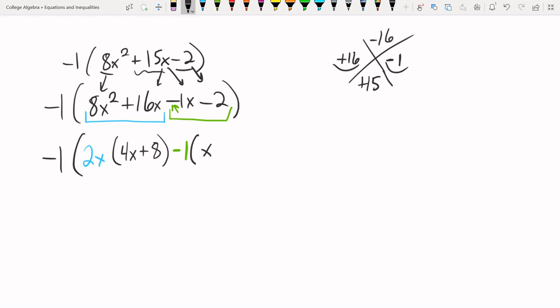That leaves me with x plus 2. Distribute the negative 1 back in, and you'll see you get negative 1x minus 2. So we have done it correctly. Okay, now,